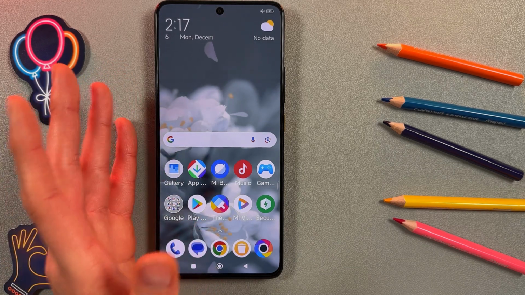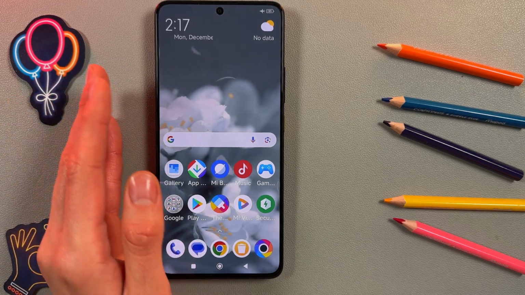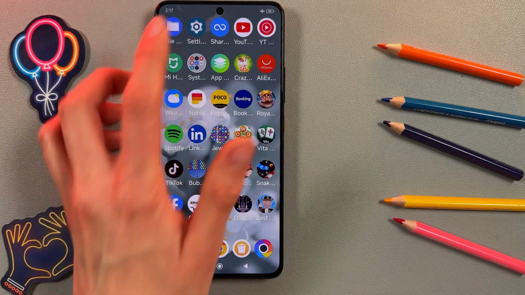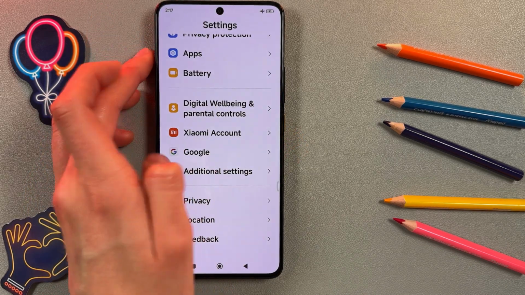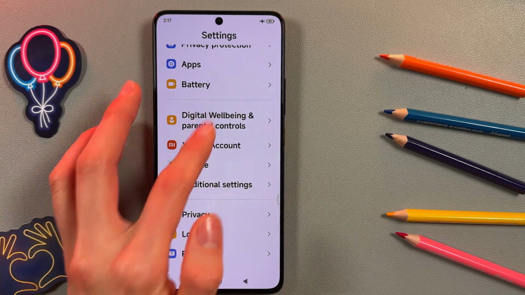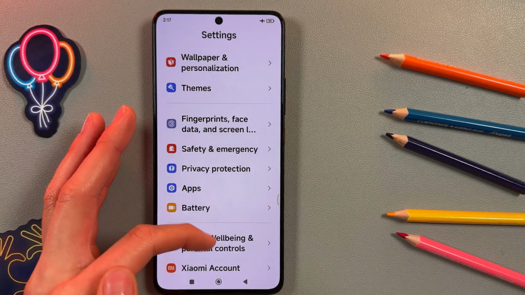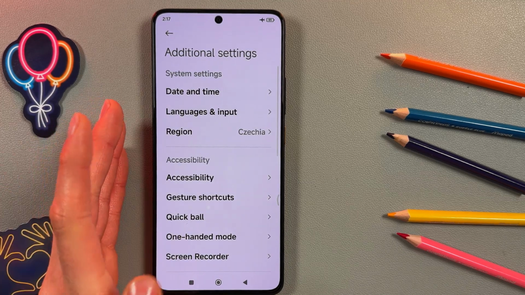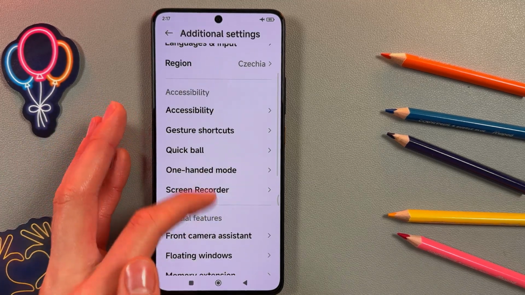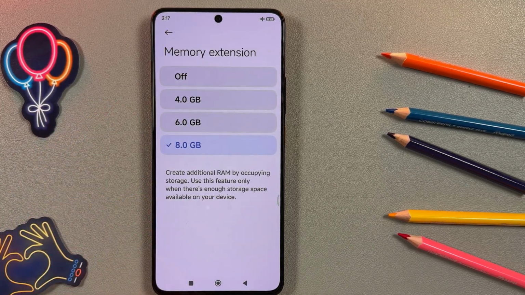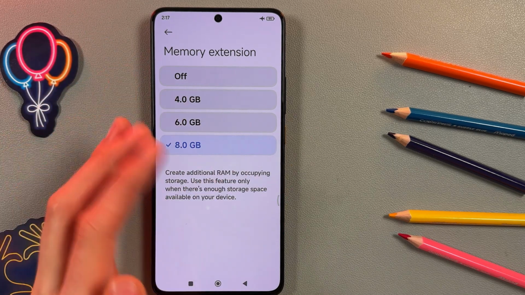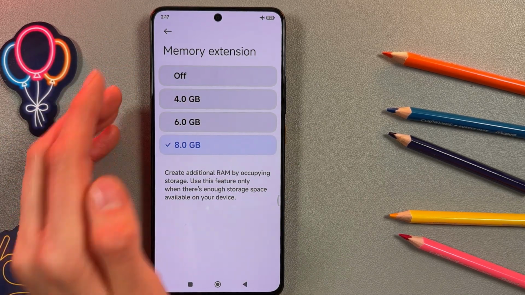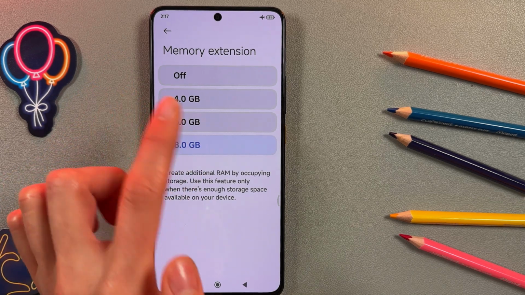We're going to go to settings and we go into the very end of it to the additional settings. So, the gear icon. And I'm already here, but I will show you. So we're just going at the very end, additional settings, and here we need to find the memory extension right here. So here you have 4 options to choose from, and to choose one you just need to tap on